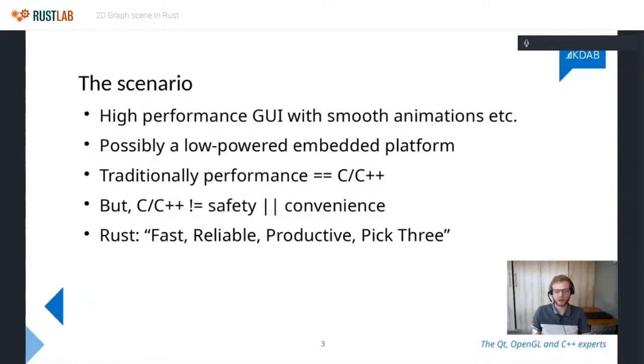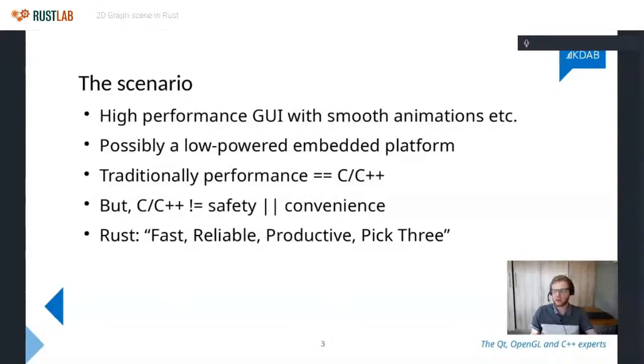And this talk is about using it in the embedded GUI space, the high performance embedded GUI space. Although in my opinion, the high performance embedded GUI space is kind of a worst case scenario for GUI. So if you've got something which works in this space, there isn't really a reason why it wouldn't work on something more powerful like the desktop. It's debatable whether you're going to have the same API, etc. But performance-wise, if we can solve this problem, then we can have something which works nicely on the desktop as well.